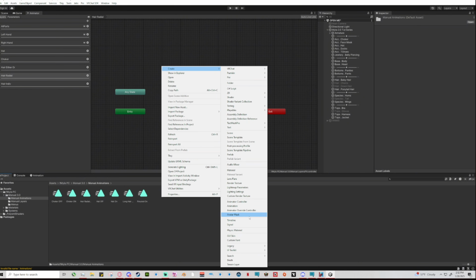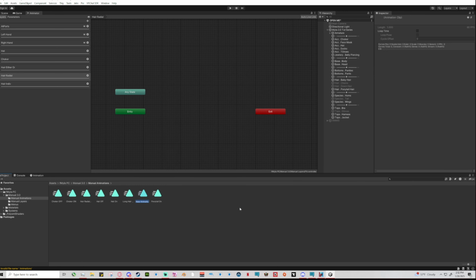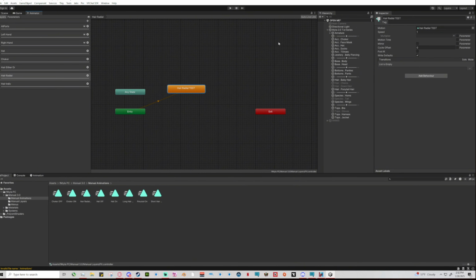Let me make another one just so that I don't confuse ourselves. Okay, so earlier we had made everything on a hair radial where we went from ponytail to long to bald, right? So to make a radial, the same thing is going to apply for a hue shift. All you have to do is throw in that one animation,